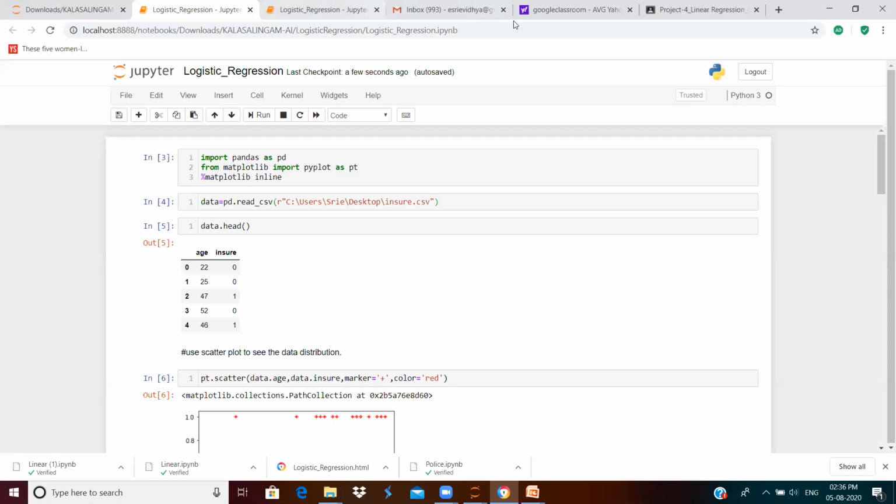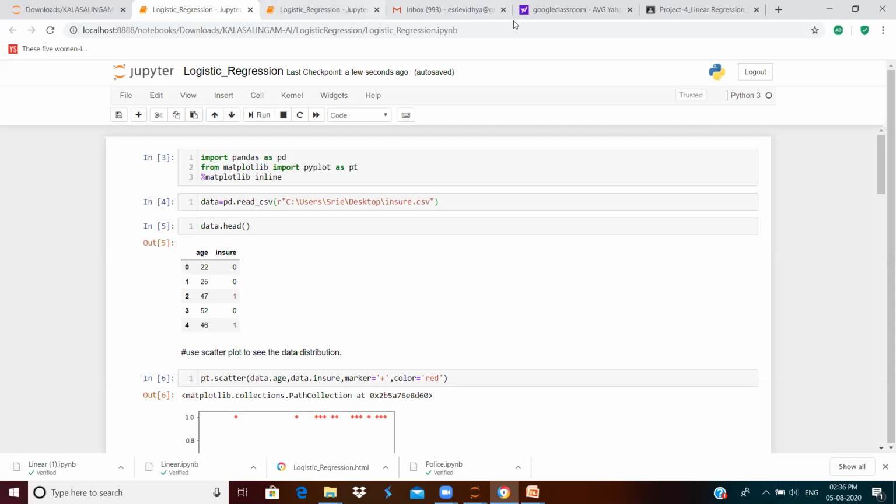In case of logistic regression, the dependent variable, that is the Y variable, is categorical. It takes only two values, either 0 or 1. I will show you the data set which we have taken for logistic regression today.